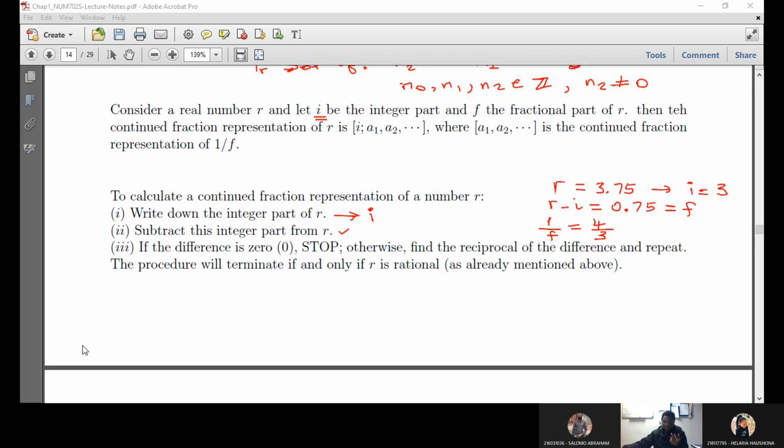If the difference is 0, you stop. Otherwise, you take the reciprocal, and you continue until the difference between the real number and the integer part is 0. Then that's when you stop. Okay, so